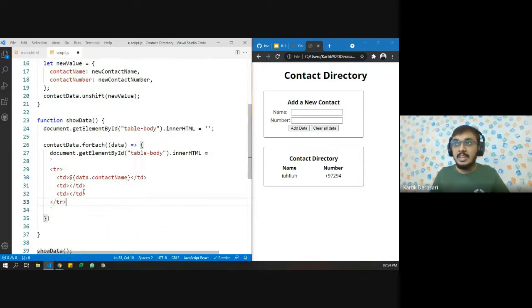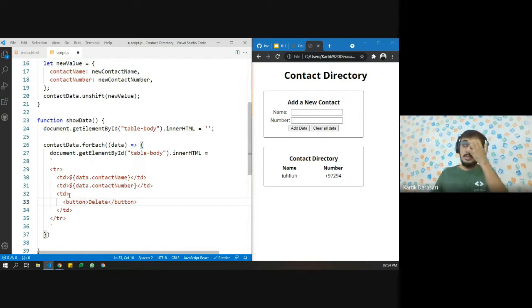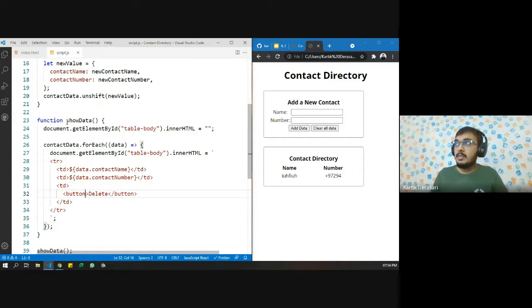For passing any kind of variable, we need to use this format: a dollar sign, and inside brackets we can pass any variable. Here also we want to pass a variable, let's say data dot contact number, and here we want to pass a button. Let's say button, and we want the button to be delete. Let's create the delete functionality later on. Now we have run the show data function.